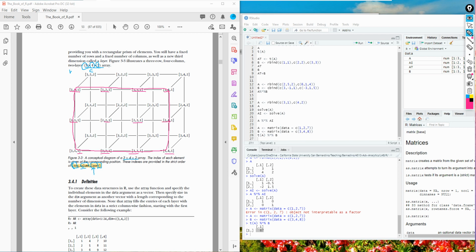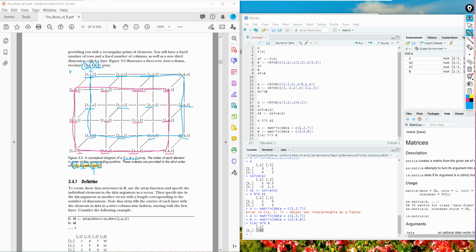And now the next one, the second layer. I'm going to use blue. Basically, this is the second layer, and these are the elements of the second layer.